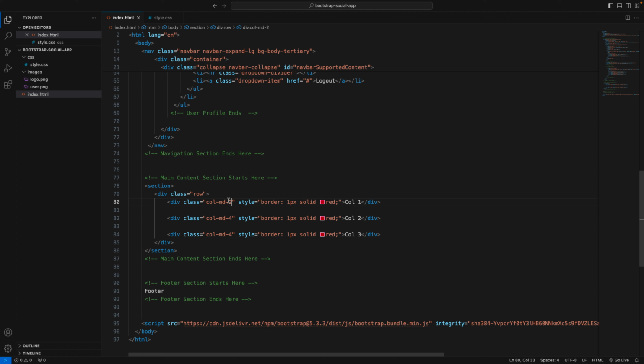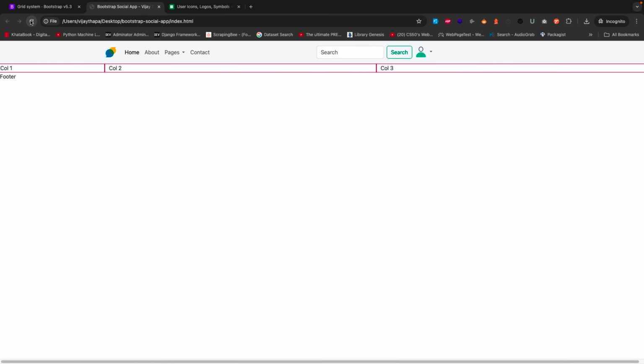Now since this was 4 and we made it 2, we need to distribute the remaining 2 columns into these 2. So if I make it 5 and 5, this will be 5 plus 5 is 10, and 2 is 12, and let's save it. Let's go back, and if I refresh it, now this one is smaller, and this one and this one are the same size. And if we go back again,